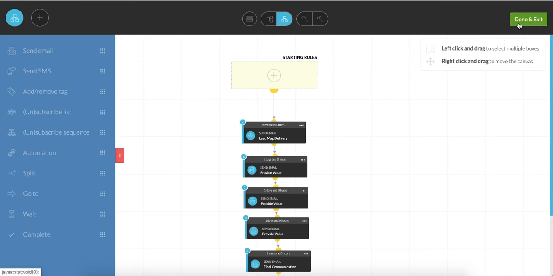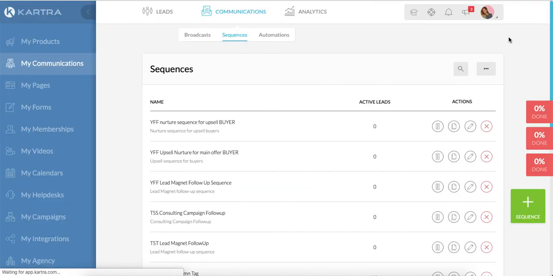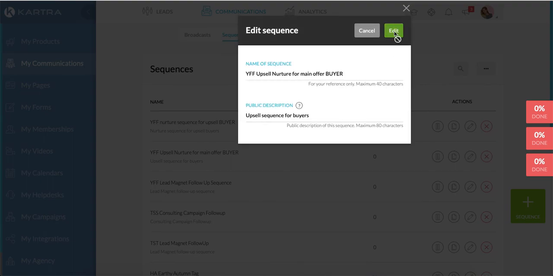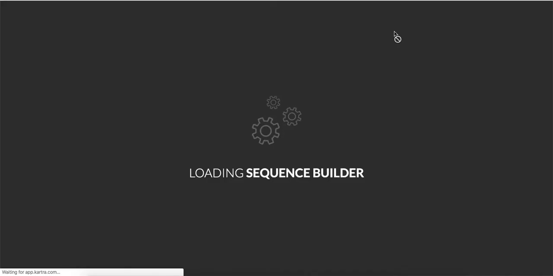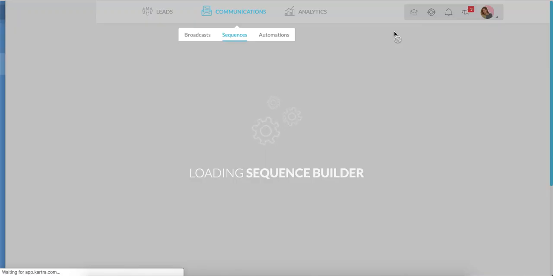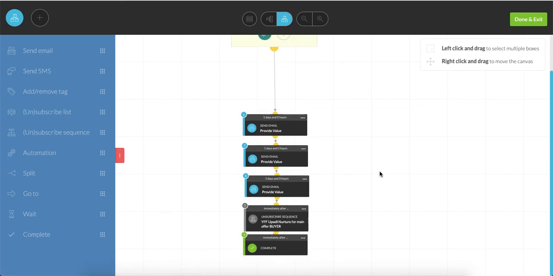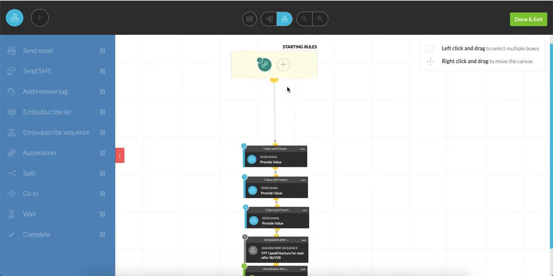I just want to walk you through how you're going to edit these. And you're going to do the same thing for buyer and for upsell, main offer buyer and upsell buyer. So you need to make sure that you go through, this is really important, and edit these emails because they're blank for all intents and purposes right now. So you need to make sure that you customize them for your particular niche and your particular business. So the starting rules here